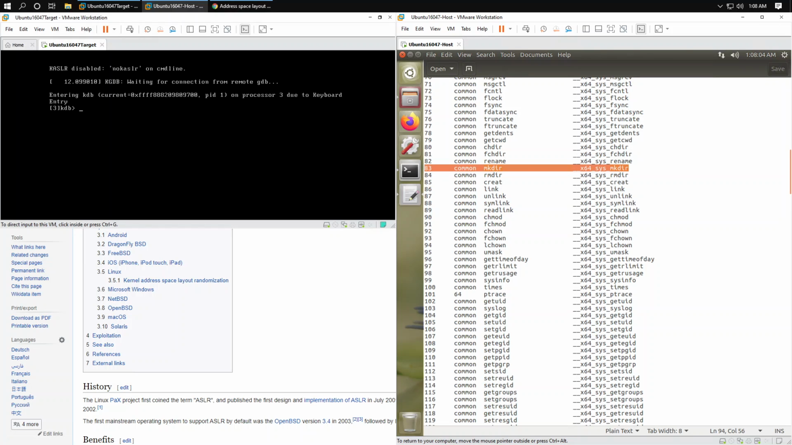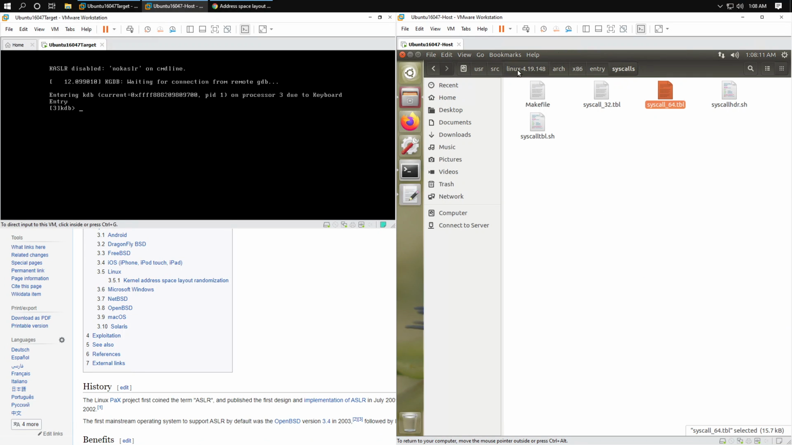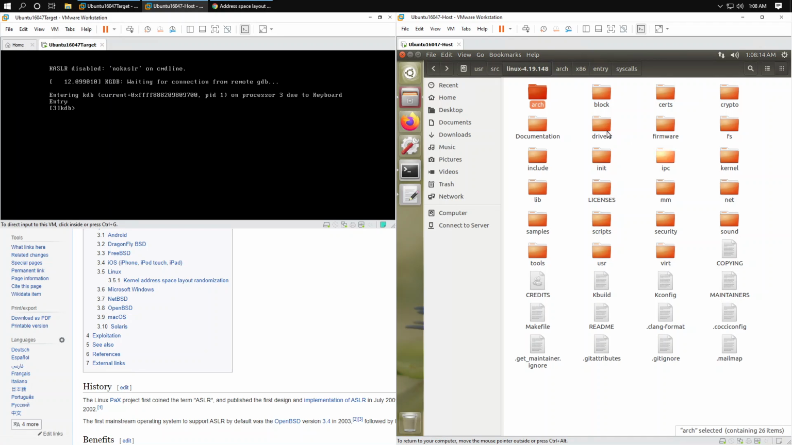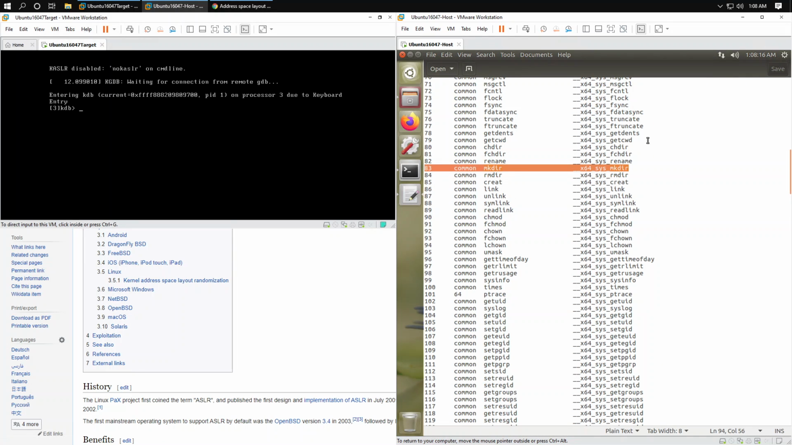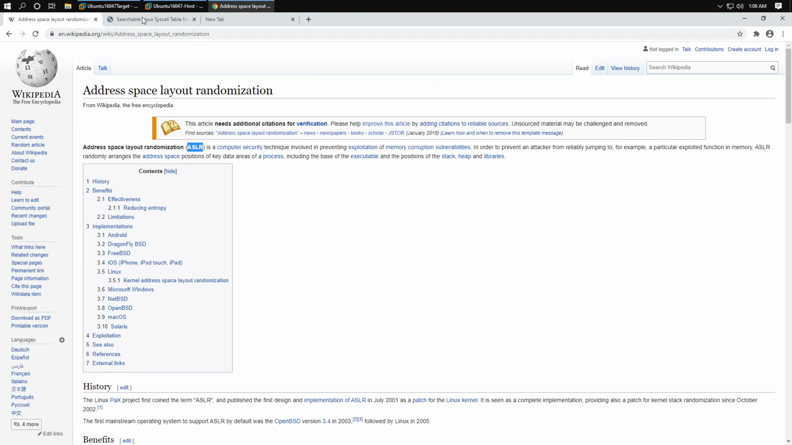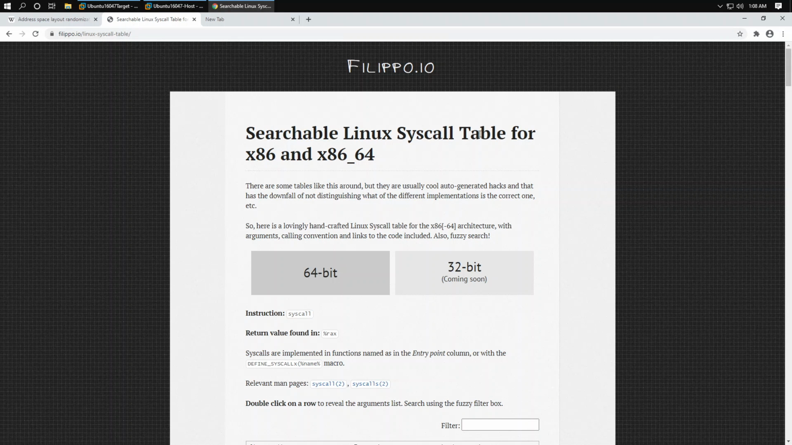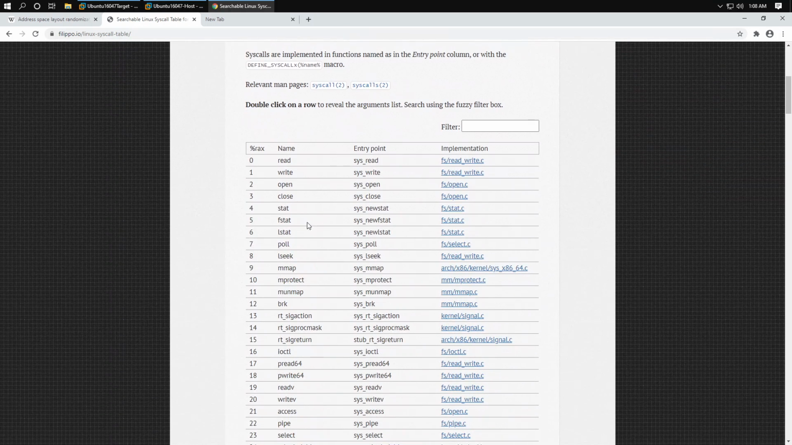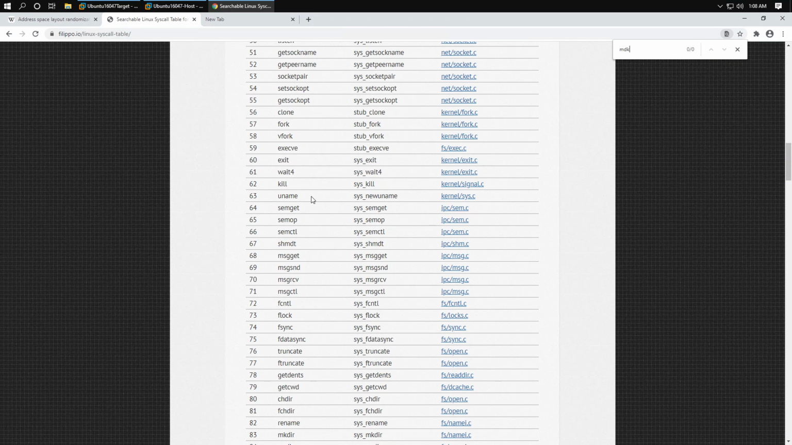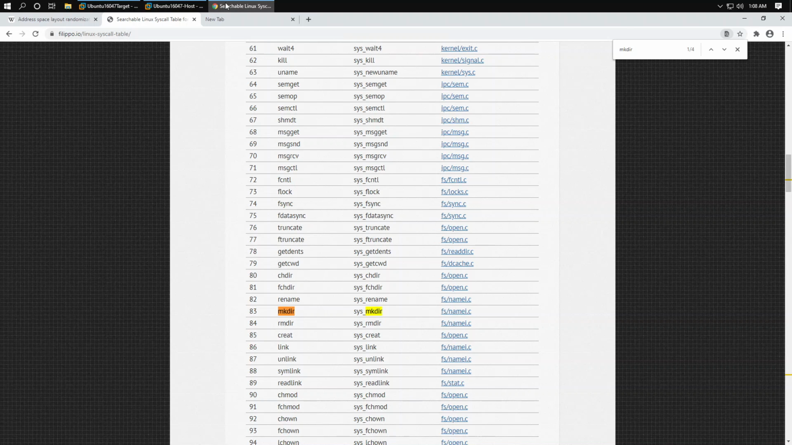But we need to look where this function is implemented in the source code. There needs to be some file around here that has this function implemented, right? So for you to do that, what I would suggest is to check online for searchable Linux syscall tables, kind of like this, right? And then they will have the system call, the ID, the entry point, and also where it is implemented in the code, right? So for example, mkdir,